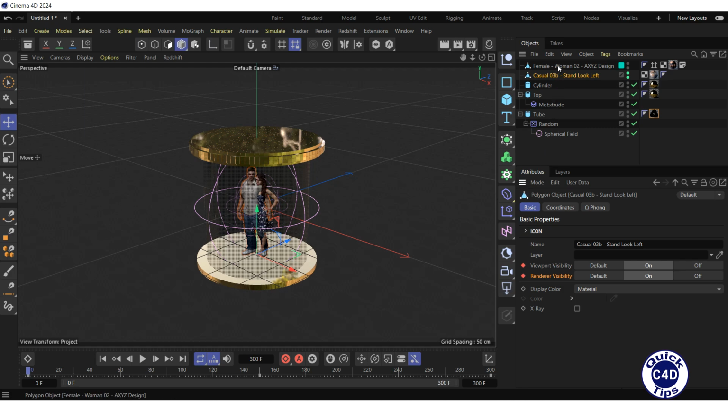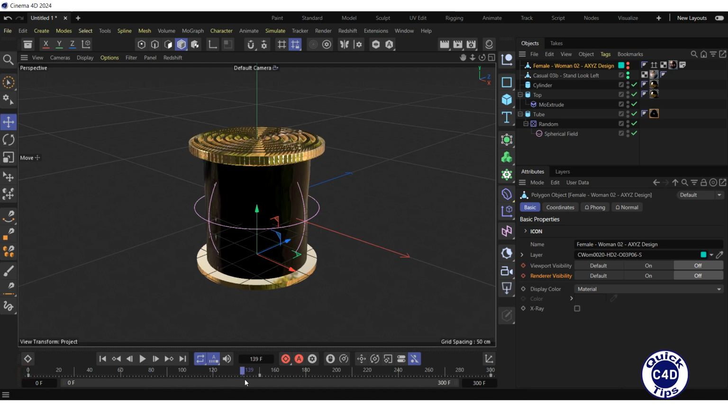Select the female character in the Object Manager, go to the Basic tab of the female character, switch the viewport visibility and renderer visibility to off, and click on the diamonds to the left of the viewport visibility and renderer visibility to create keyframes. Move the time slider to frame 150, select the male character, switch the viewport and renderer